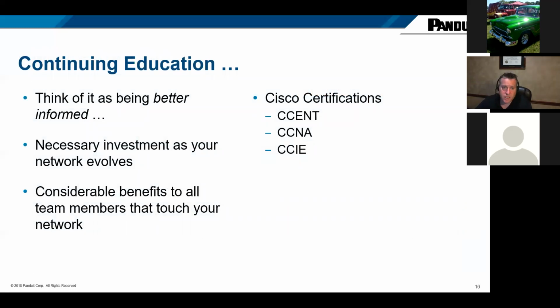Also continuing education. That's what we're doing here today. So we're doing this right now, but staying abreast of all the activities in the standards bodies, whether it's TIA, whether it's Cisco certifications like CCNA or CCENT for enterprise, or BICSI certification. That's one you may or may not have heard of in the past, but all of my counterparts,